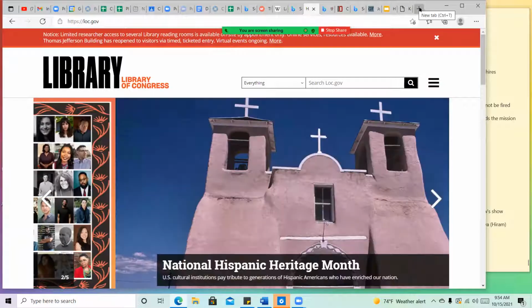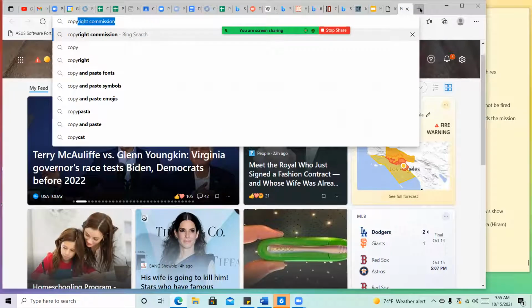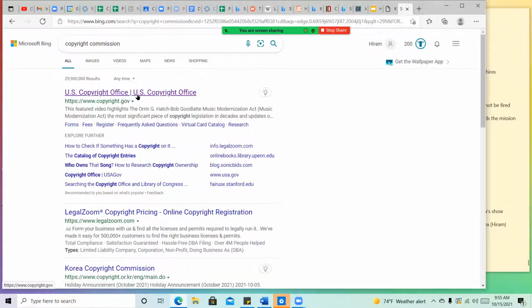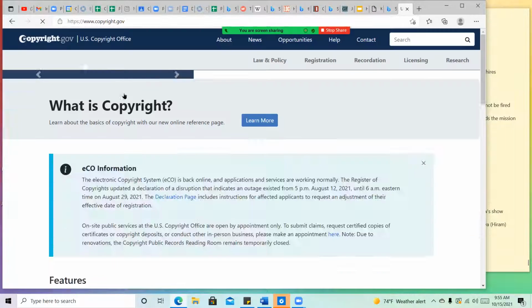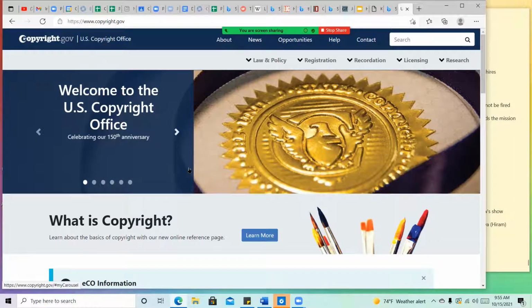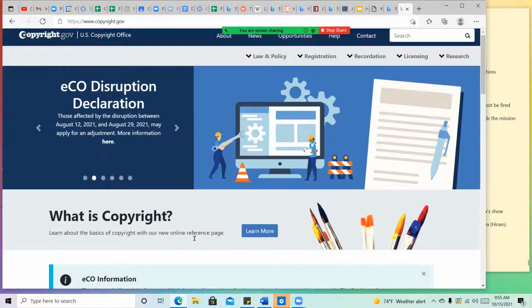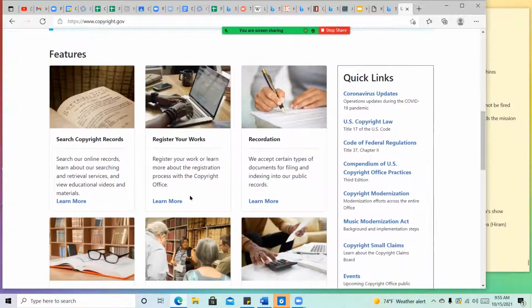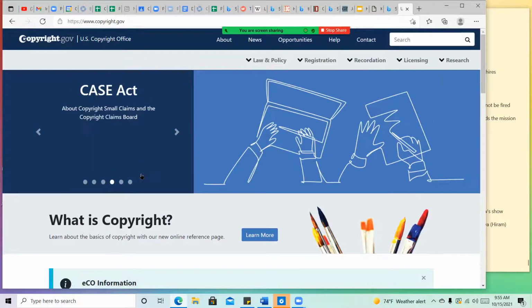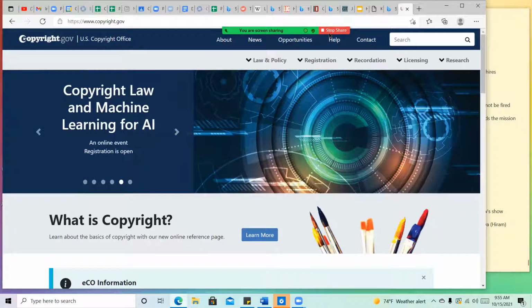Then, like the copyright page. I was like, what is copyright? Who controls that? So the Copyright Commission is an office of the federal government, and they control copyright and patents. And so as I scroll down, if I want to get my book copywritten before a publisher publishes it, I can click on this link and register my works with the Library of Congress, and it's only $35, right? So to me, that's golden information.